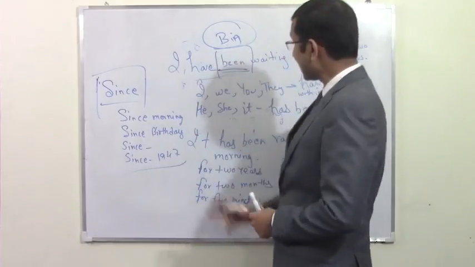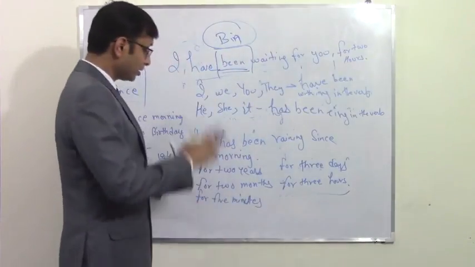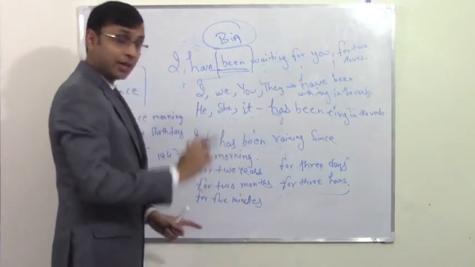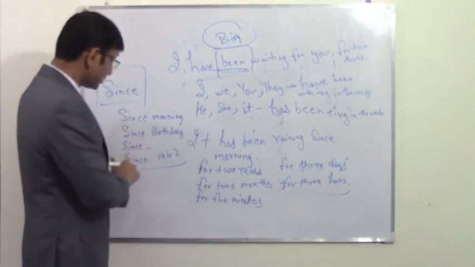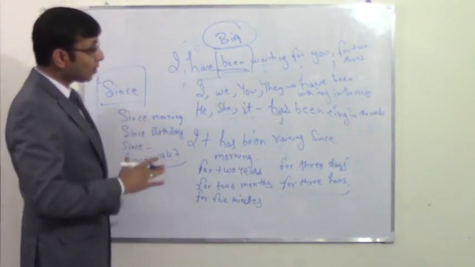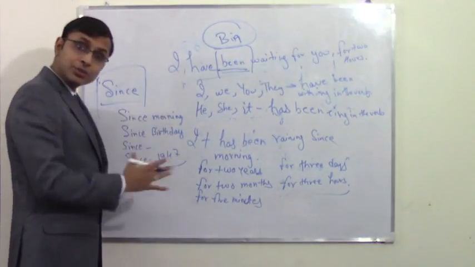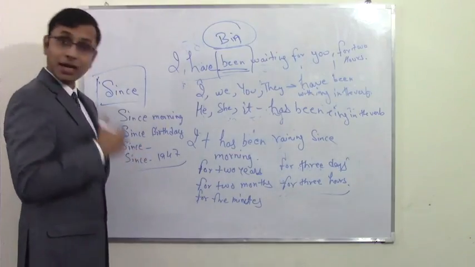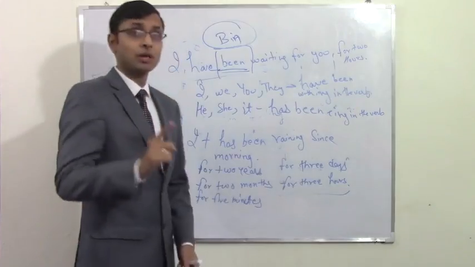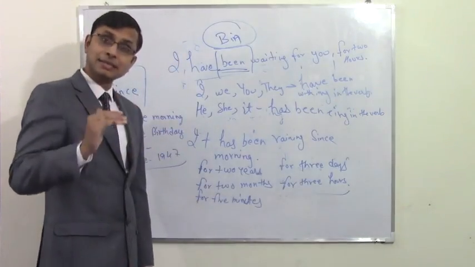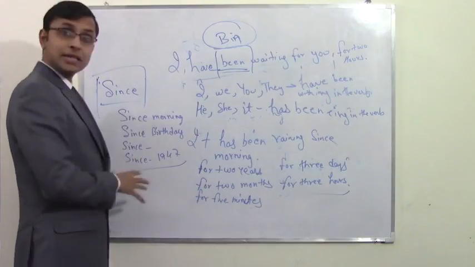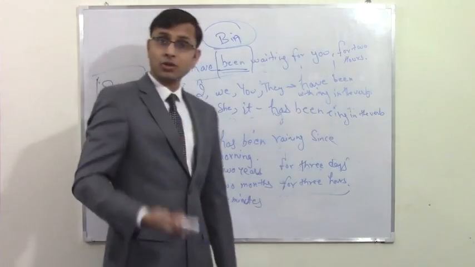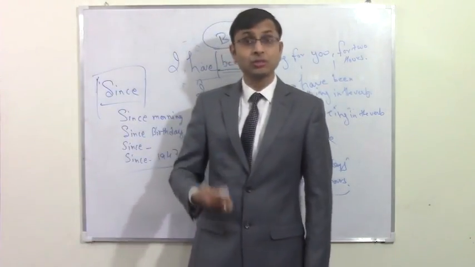For, since, and remember, I have been, she has been, you have been, it has been, and he, she, it has been, I, we, you, they have been, and then we are going to use for, we are going to use since. So that's what we need to talk about. And now I would want you to write all these situations down. And that was all about today's session. I'll get back to you very soon with a new session, and we are going to talk about these situations once again in the next session. But for the time being, you can write down been, since, for, and the words which we have talked about: technology, pronunciation, communication, question, woman, and women.